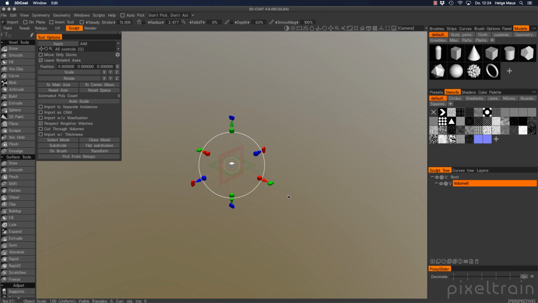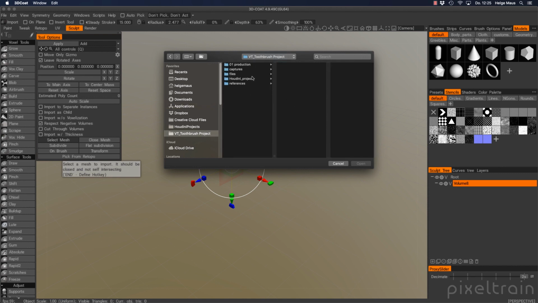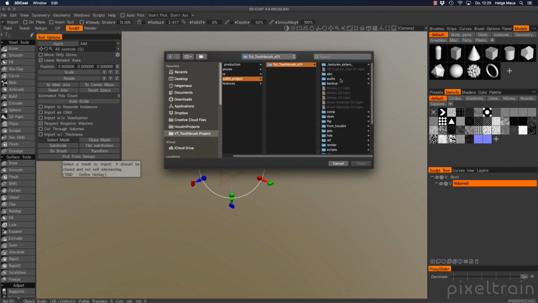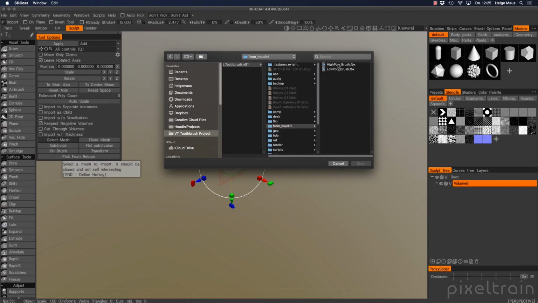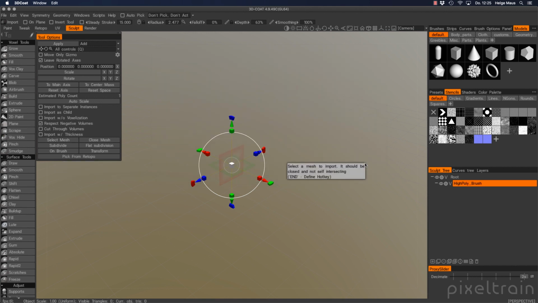But I have a model externally. So I go into the tool options, which open if you use a tool. And here is select mesh. I click here. And now I go into my Houdini toothbrush project, and we've exported our files from Houdini into the subfolder of our Houdini project, HighPoly brush. Here it is. I go to open, and it seems that nothing has happened, and the reason for this is